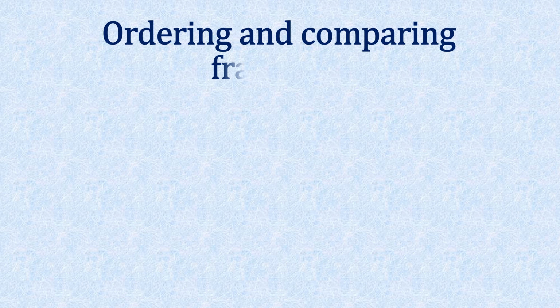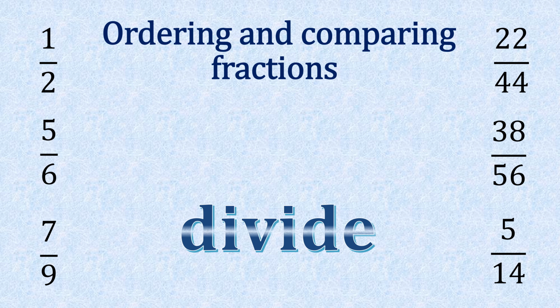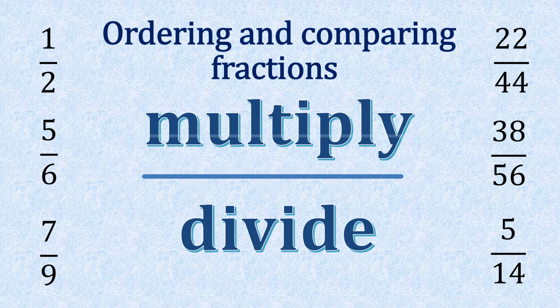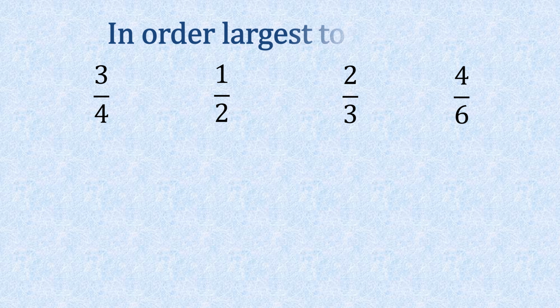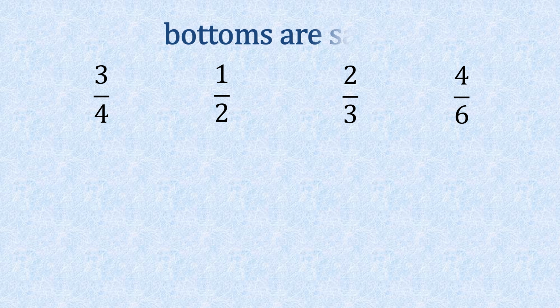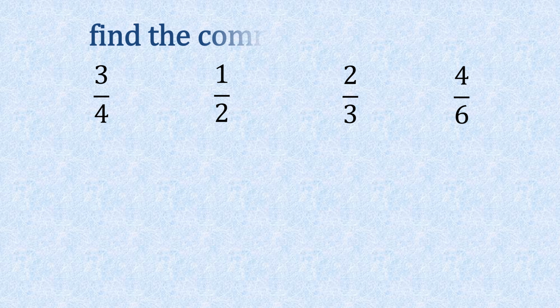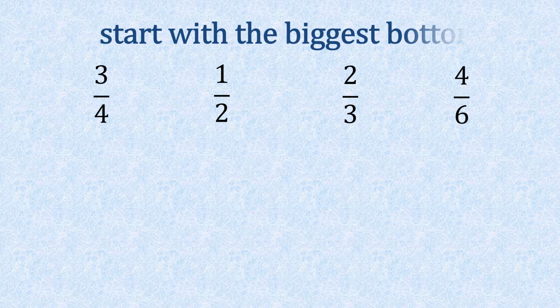Ordering and comparing fractions, what we need to do for this, divide at the bottom and multiply by the top. So we're going to put these fractions in order from largest to smallest. Now to be able to do that, we need to make sure all the bottoms are the same, and we're going to find the common denominator, and we're going to do this by starting with the biggest bottom, which is